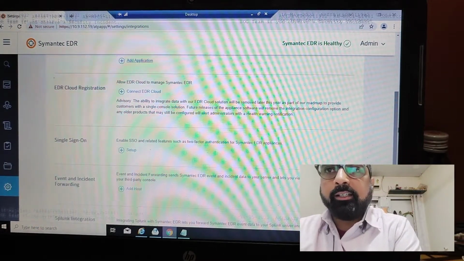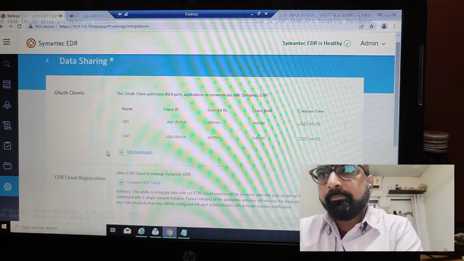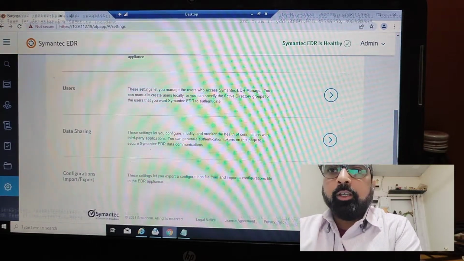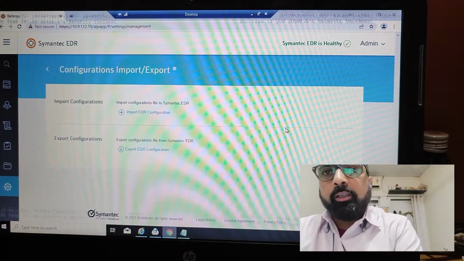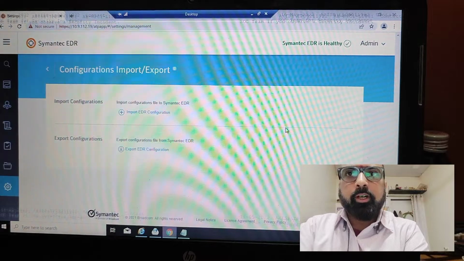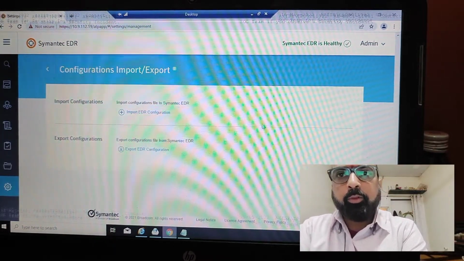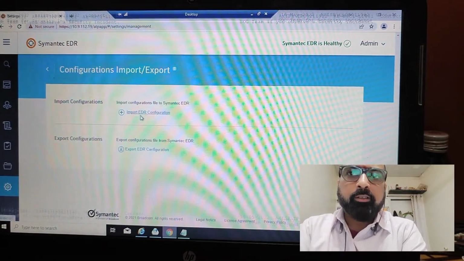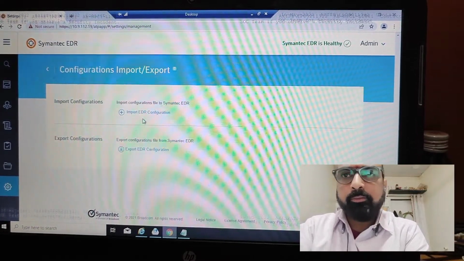Currently, the client EDR cloud registration feature is not enabled here. You can configure import export settings. If there is any upgradation plan, schedule the upgradation plan, and before you go into this upgradation plan, you can take a configuration setting backup from here.